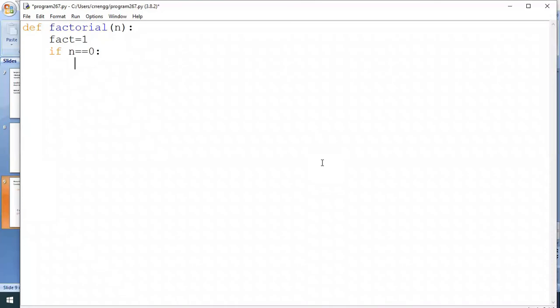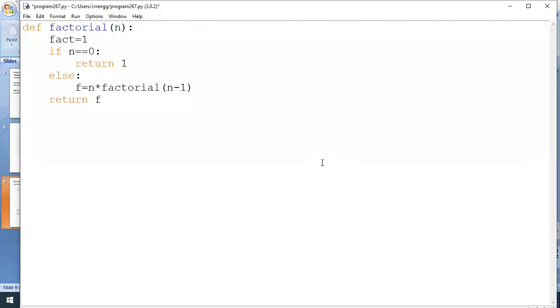If n equals 1, return 1. Else f equals n into factorial of n minus 1. At the end, return f.